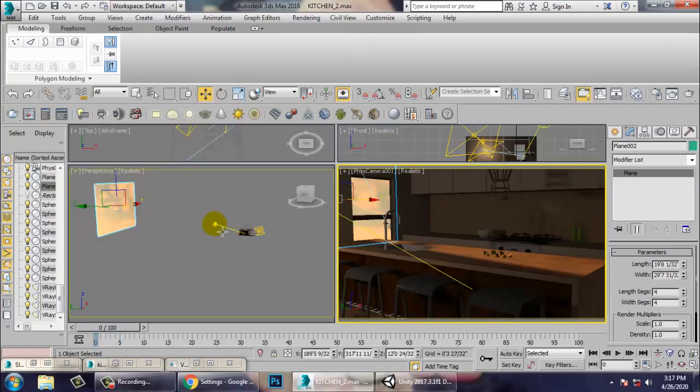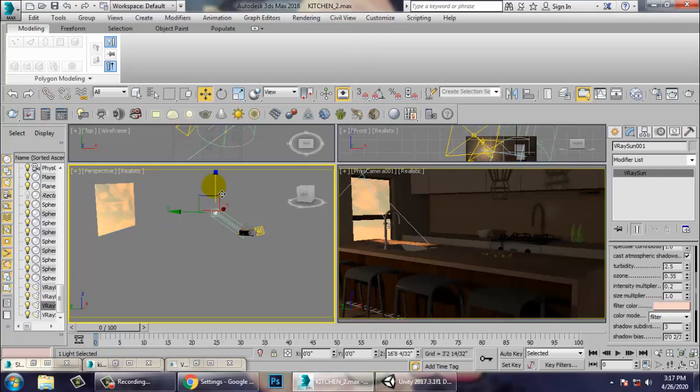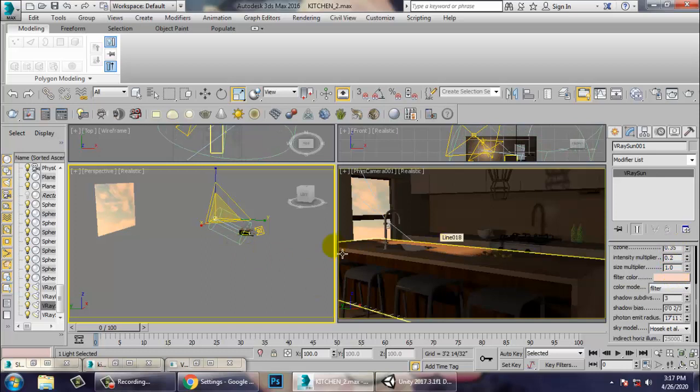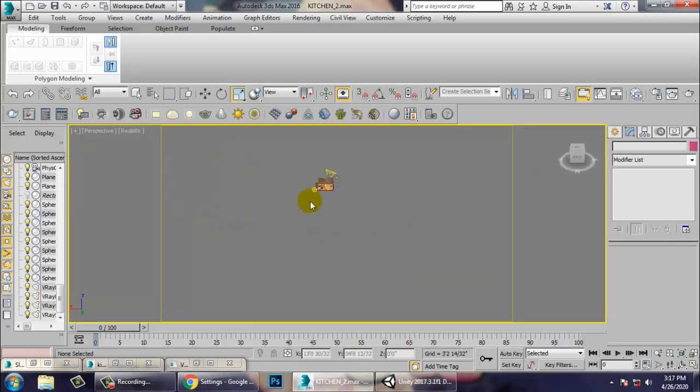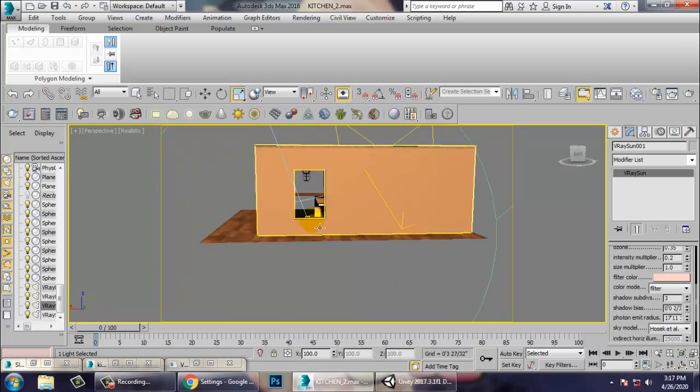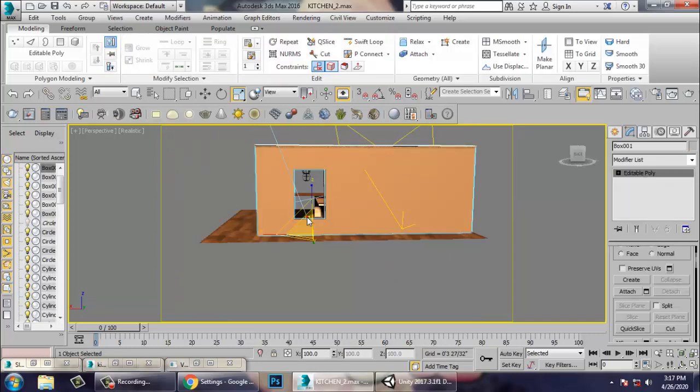So I'll just select this light, I'll just push it a bit up and increase the photon emit radius. So once we increase this stuff over here, the light should directly affect.